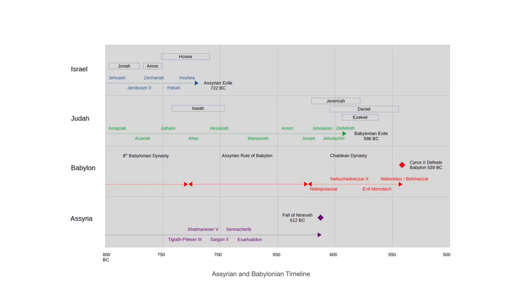We're going to see in this lesson that the southern kingdom of Judah would undergo a similar fate, but not at the hands of Assyria, but rather at the hands of the Babylonian Empire. And this deportation or exile occurred in 586 BC. The next 2 timelines are Babylon and Assyria. As I said, right now, Assyria is the empire. We're going to see how and why Assyria falls as an empire in 612 BC, and how Babylon goes on to become the prevailing empire of that entire region of the world.